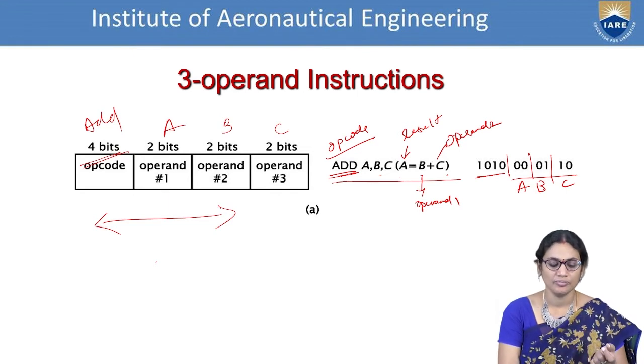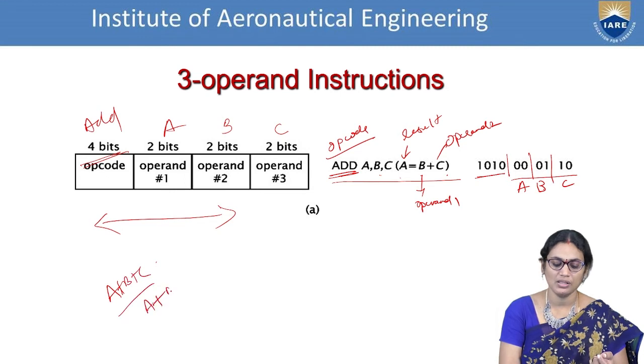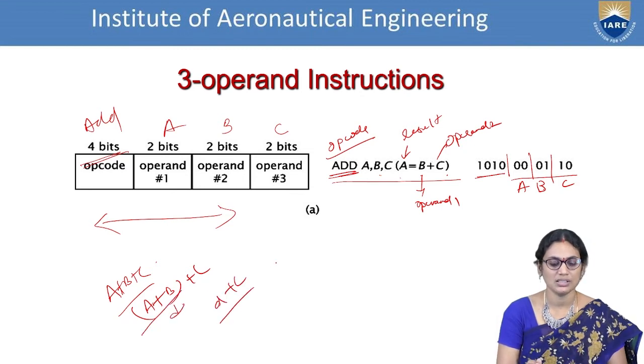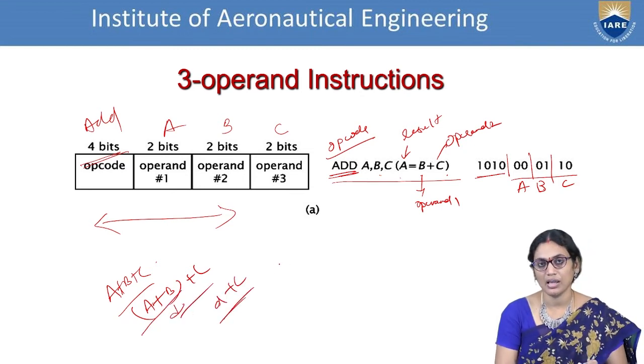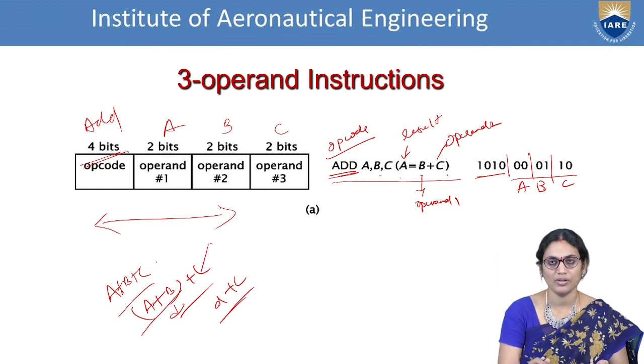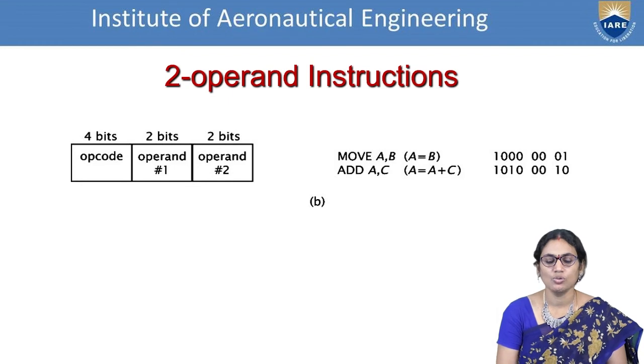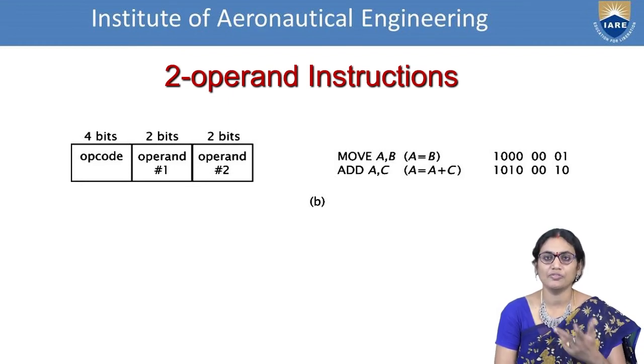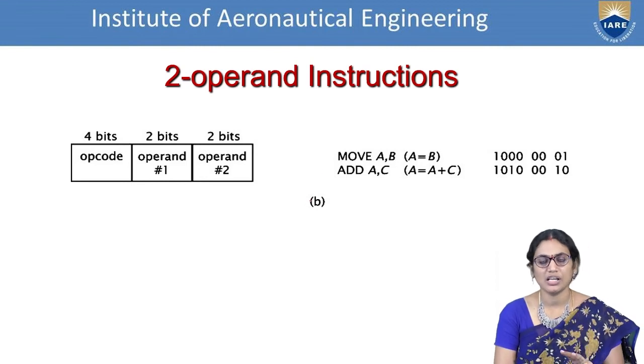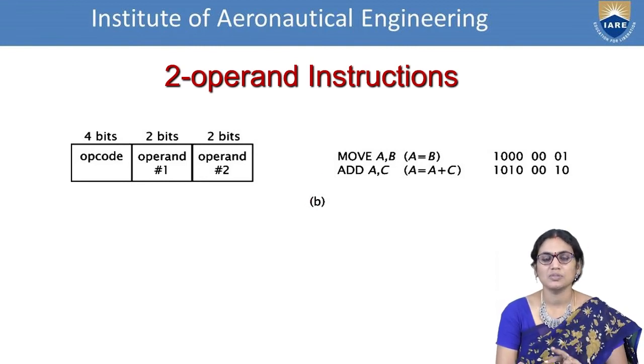As I said earlier, A plus B plus C can be represented either as A plus B plus C or else D plus C. If I take this as D plus C, different specifications can happen. You can easily understand. Now the second one is 2 operand instructions, where you're focusing on the same matter but in different formats. You can write the same statement of addition of 2 numbers with different instructions. One is move A comma B.